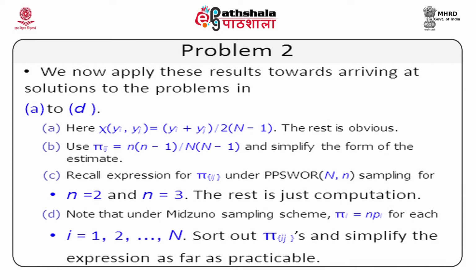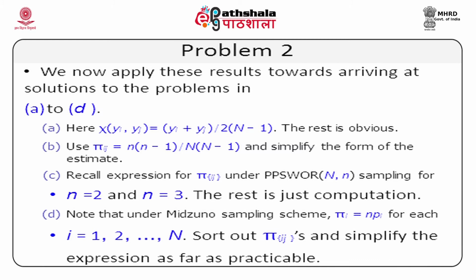Sort out pi ij's and simplify the expression as far as practicable. In the whole exercise, the interesting part is part B, under without replacement sampling, because the moment you simplify pi ij, you will end up with y bar. No matter how you look at it, you can look at it as summation yi, or summation yi